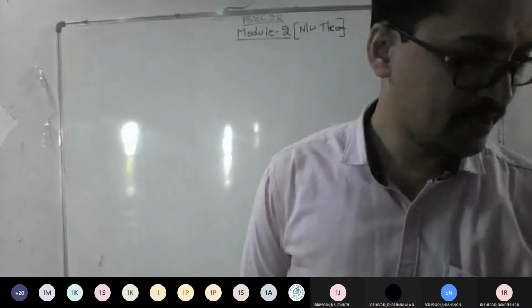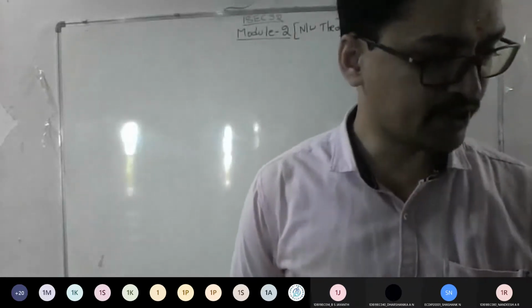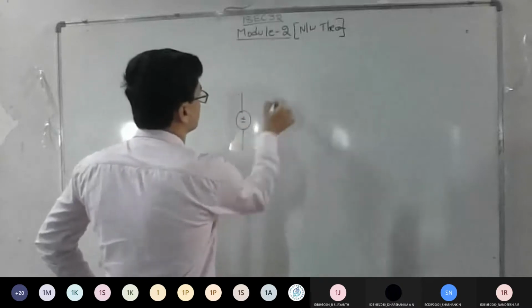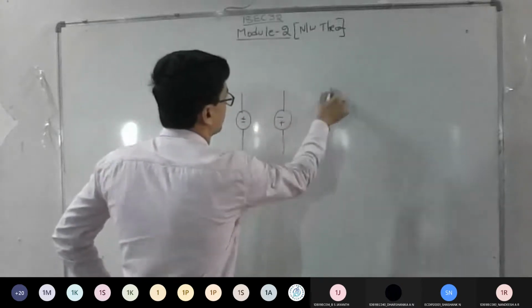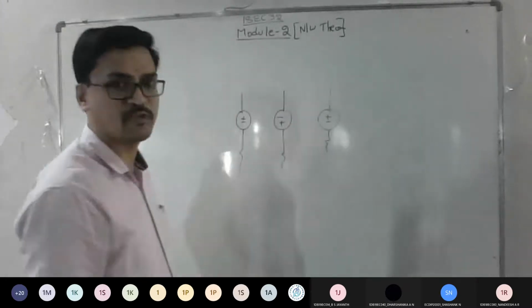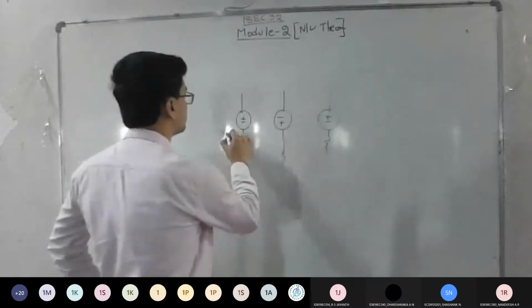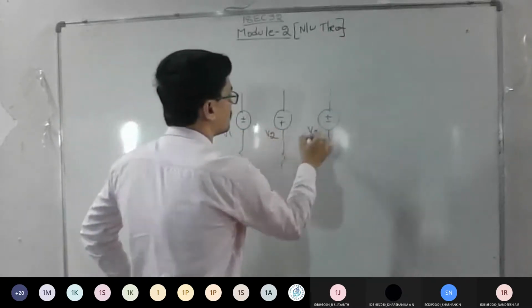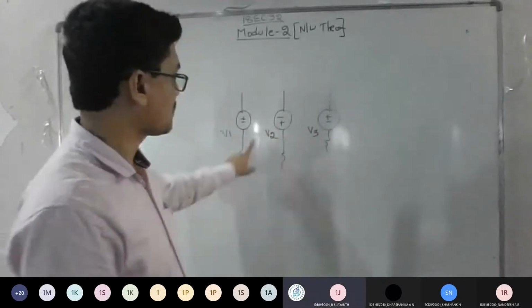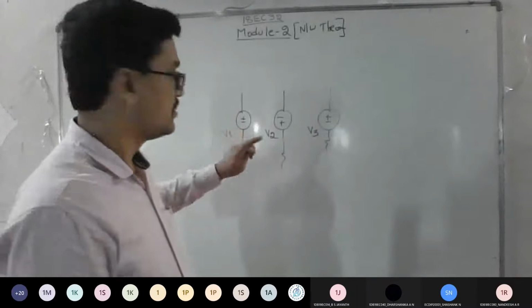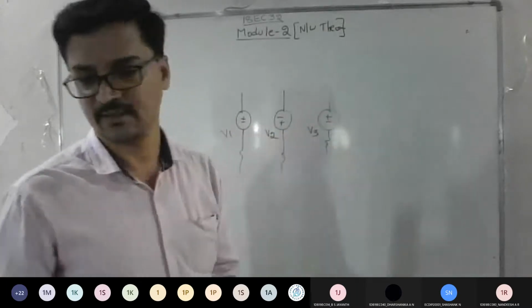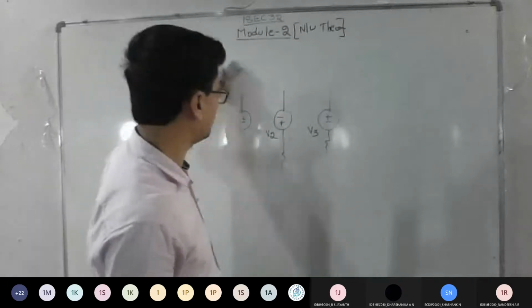I told you about positive and negative. For example, if it is plus minus, then again minus plus, and again plus minus along with the resistor, what will be the summation? If these are V1, V2 and V3, you should write V1 minus V2 plus V3. Depending upon your polarity, you need to be very careful. If all are in the same direction, you can add. Be alert with that, because that is a mistake you will commit.